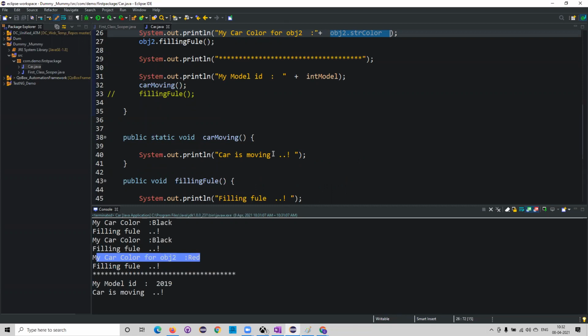Tomorrow, freshly create a class, define some static variables, non-static variables, static methods and non-static methods, and access them in the main method. This is step number 1. Then create another class, and in that class try to access all these static and non-static variables from one class to another class, and then execute it. So this is the homework. If you understand what is meant by static and non-static variables, then we will go to the further steps. This is what we want to do for tomorrow.